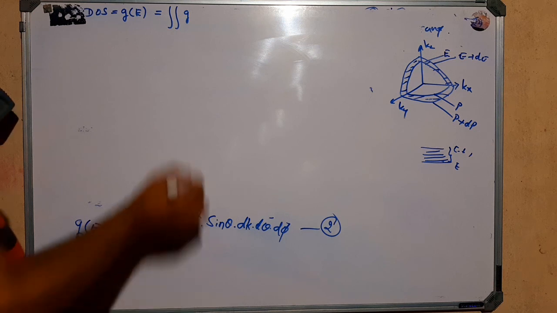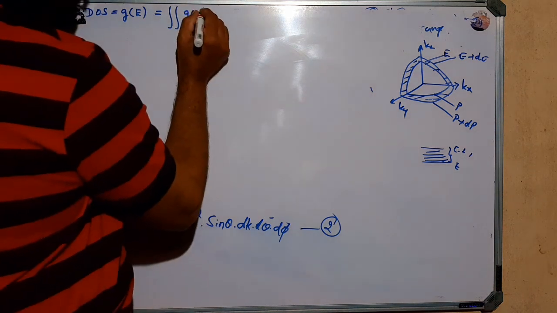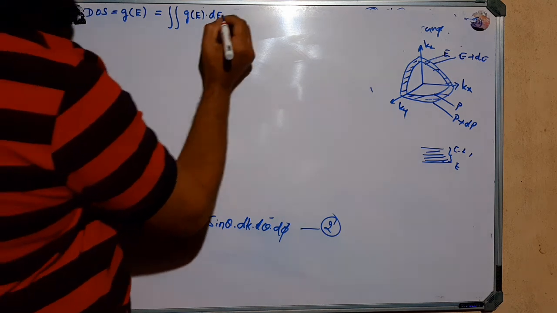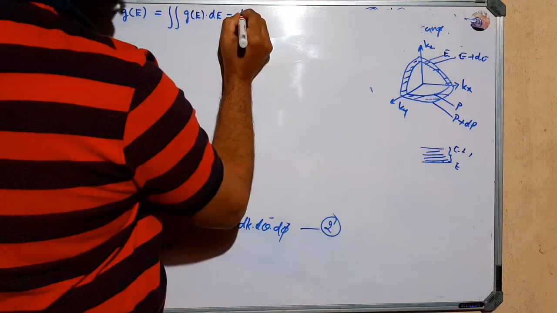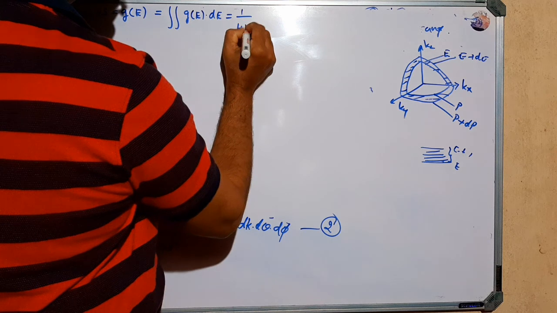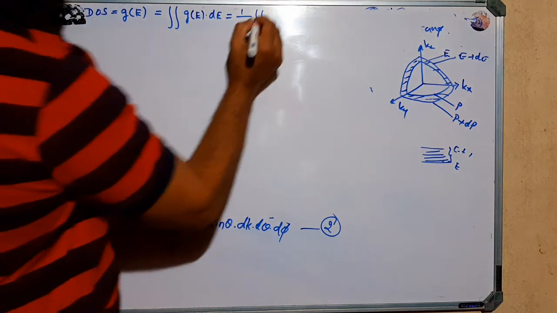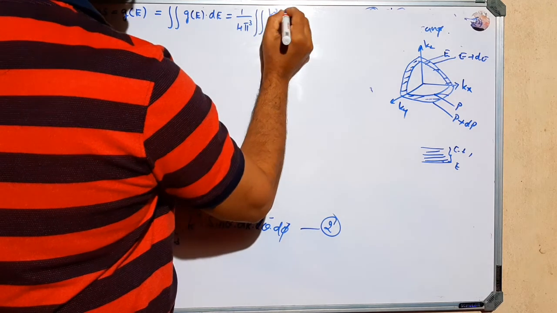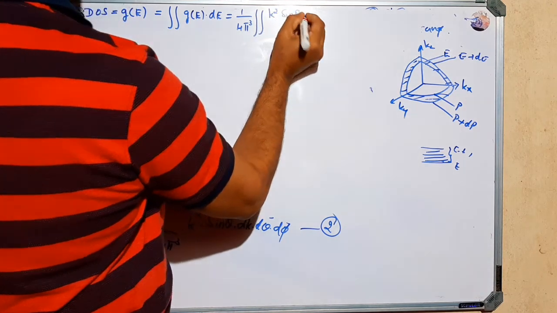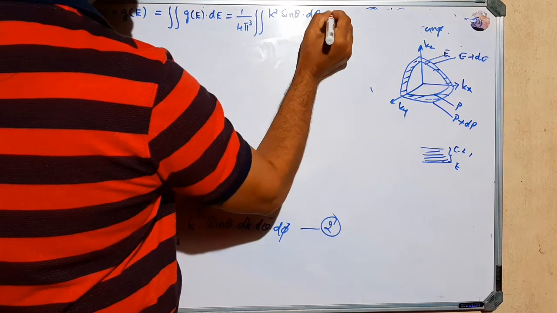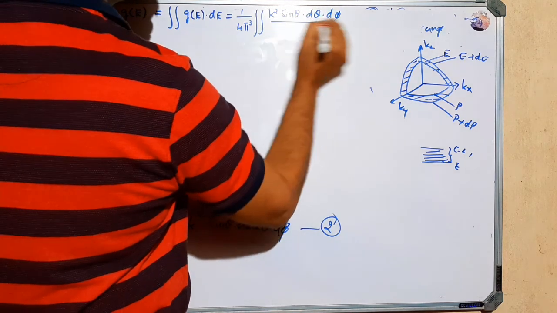So G of E into dE. Substitute the value: this is equal to 1 divided by 4 pi cube, integration of k square sin theta into d theta into d phi,